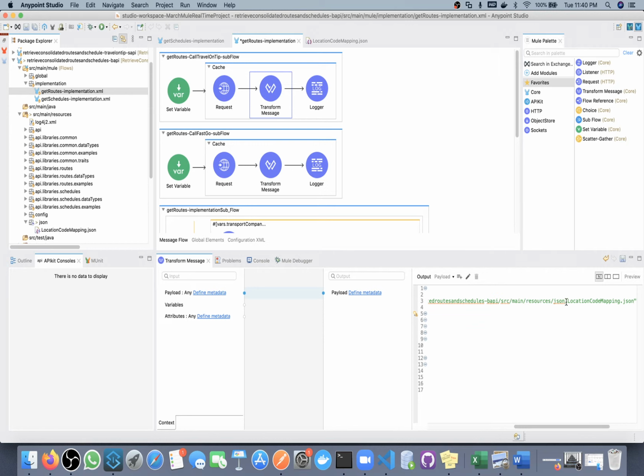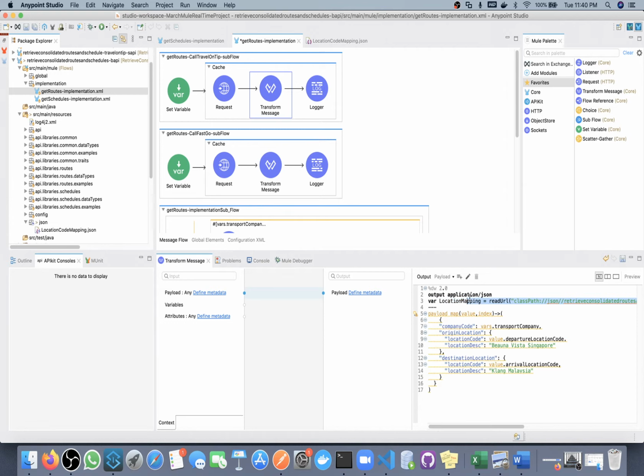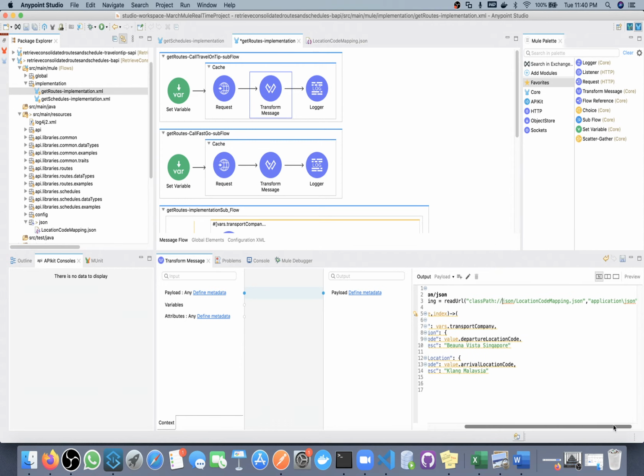So it is classpath, then folder name, and then file name. This one is application JSON. Anything missing? Let me verify once.